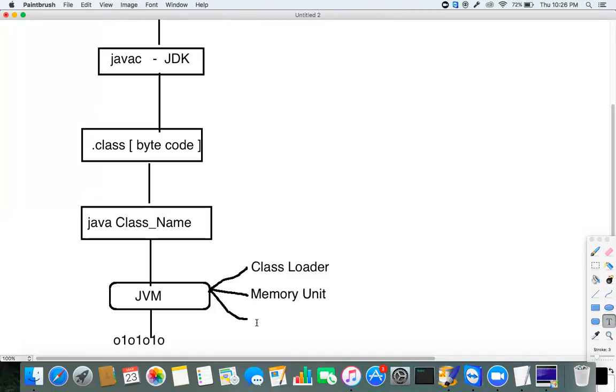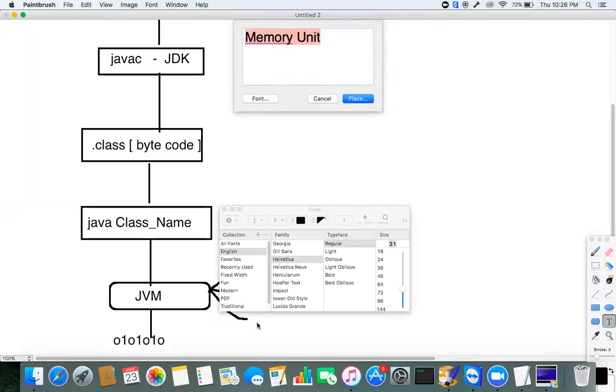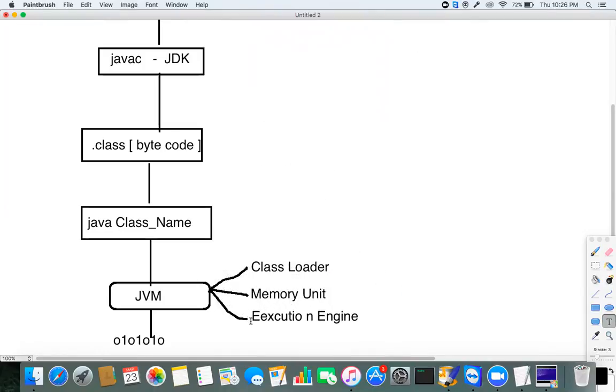One more phase is execution engine. So by completing these three phases, class loader, memory unit, and execution engine,